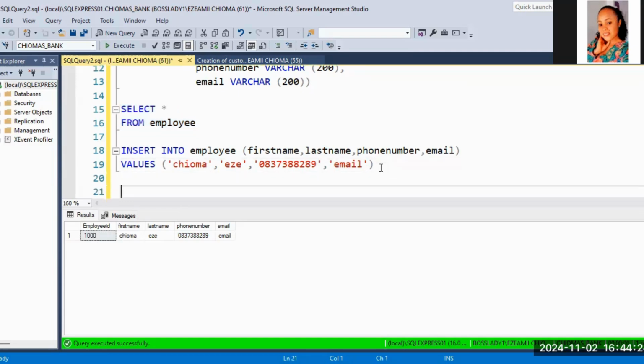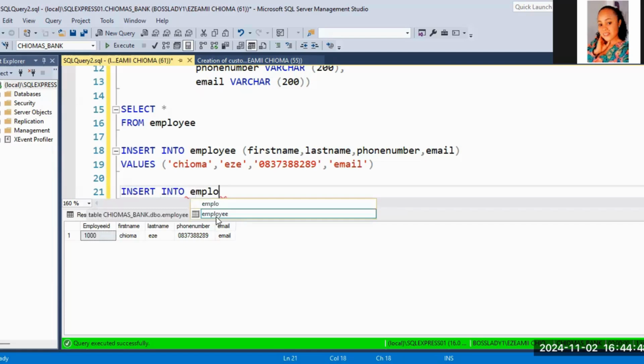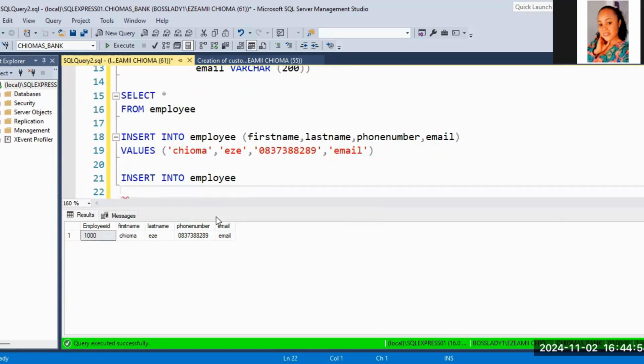Okay, so you can also insert into this table from another table. All right. So for instance, we have our customer table because they're having this slide information. So I'm going to insert into this table from my customers table. Okay. So for me to insert into this table, I'm also going to use the same insert into employee. So they must be of the same data type, all right, for you to be able to insert, okay? So I want to insert into employee, okay, from. So this is much easier. From my customers table,